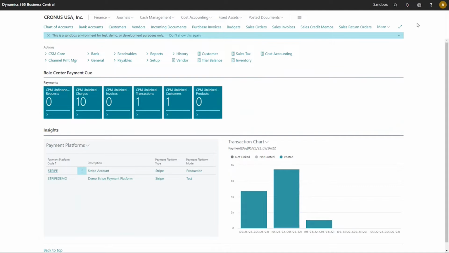CPM uses what is called a payment platform record to facilitate communication between Business Central and Stripe. The credentials that you obtain for Stripe are entered against the corresponding payment platform record in Business Central. I'm working with a role center that exposes my payment platforms directly on the screen, but if you are not working with a role center such as this, you can access your payment platform records by clicking the search icon